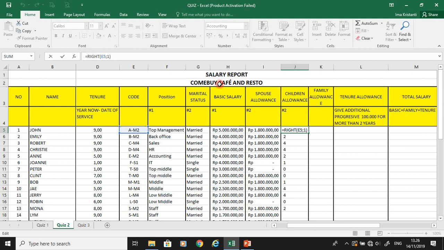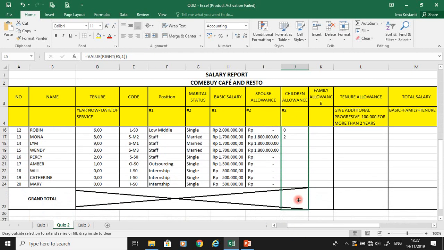So we need to transfer it into value first. Value, and then close bracket. Yes, this can differ from one computer to another. If value is not working on your computer, perhaps you can check it as number value. Yes. Now we have